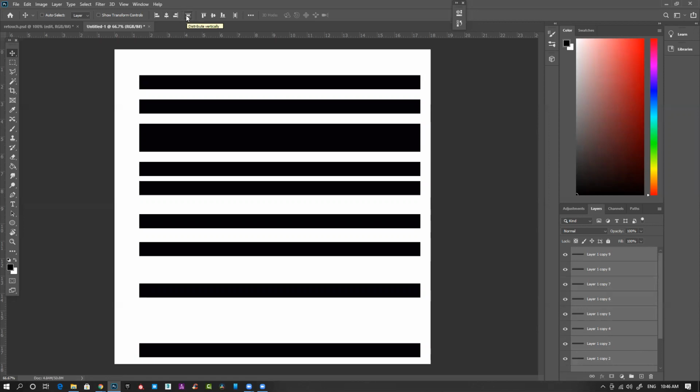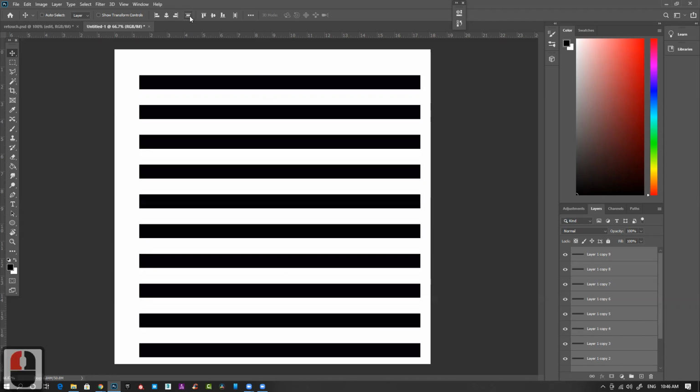Then the third or fourth option is called distribute vertically. You want to distribute evenly, vertically. This is vertical, this is horizontal, we all know. So if you want to distribute it vertically, click on this. It will evenly distribute all the lines, even if the layers are not in correct sequence.